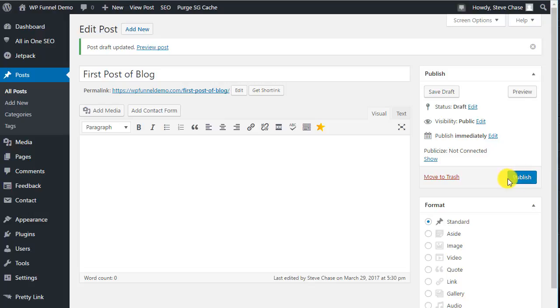Once you publish it the first time, then this button will always show as update and not publish. When you first put in your title, it will pull the permalink. Since we changed our permalinks to post title, it will pull the first title you put in and give the permalink as your website slash first post of blog. If at any time you want to edit that, say you wanted the title to be first post of blog, but you wanted to change this to just first post, all you have to do is click edit,